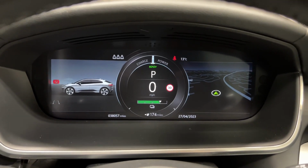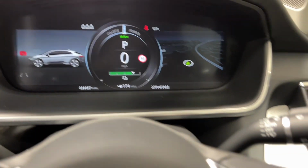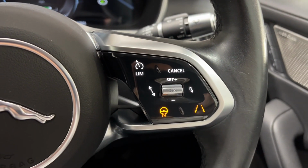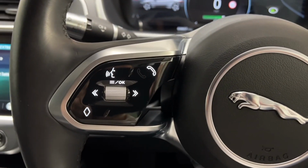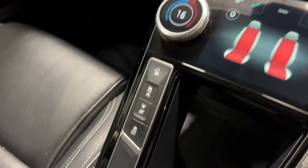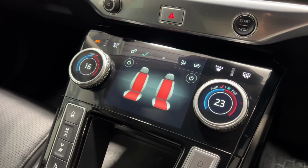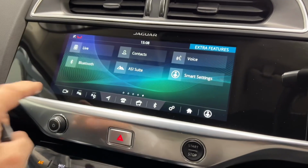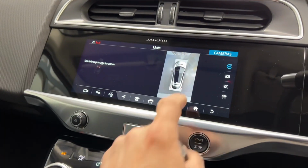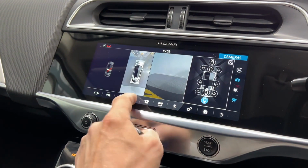Inside this lovely I-pace SE, you can see it's covered just 38,000 miles. It also comes with a heated steering wheel, lane assist, voice commands, selectable driving modes, heated front seats and rear seats as mentioned before. And of course you get the usual rear view camera and also satellite navigation,